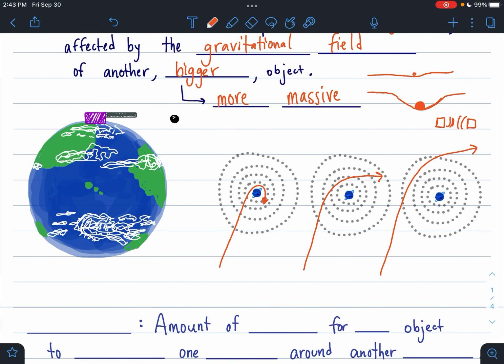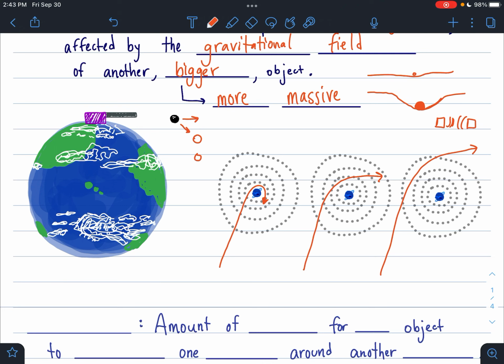Now, to have a true orbit, you need to have some forward motion. Let's imagine we had this purple cannon on top of the Earth, and we shot a bowling ball out of it. It has that forward motion. As it moves forward, it starts to fall as well. So this bowling ball will fall with that forward motion, and soon it will end up back at the Earth,